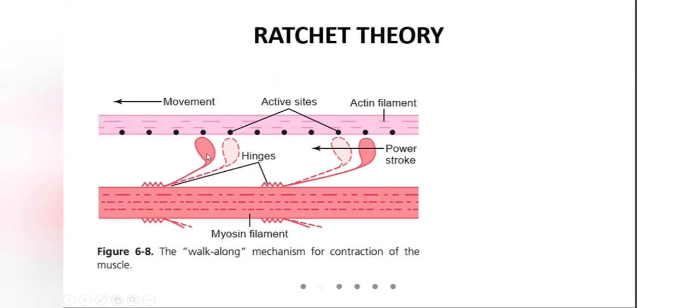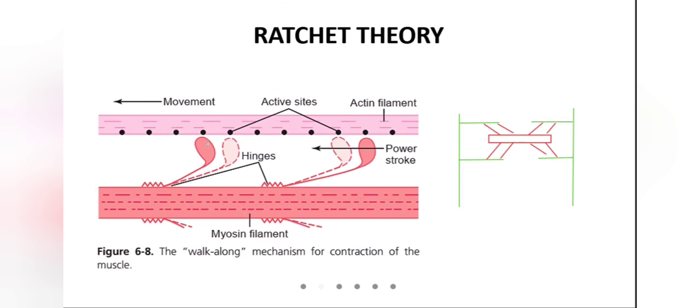Now, how does the muscle fiber contract? That is the main important question. So once again, I'm going to draw the picture. So this is the Z line. I'm not drawing it as a zigzag shape, just a simple structure. Z lines, actin, actin, actin, actin. Now this is the myosin. So the myosin will have heads like this, like this, like this.